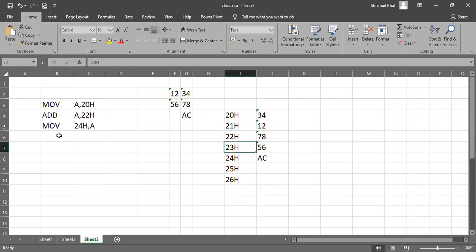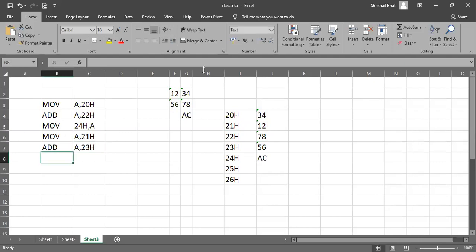I have to do the same thing, but for a different memory location. So move A comma 21H, then add A comma 23H. This will add the upper bytes of both the numbers.